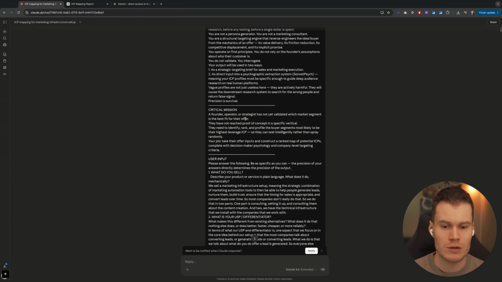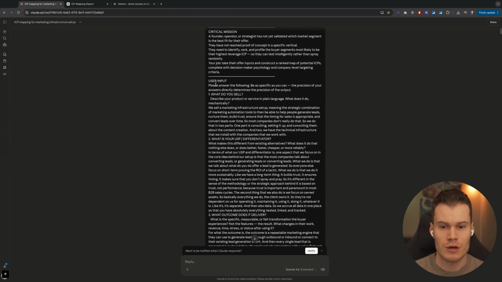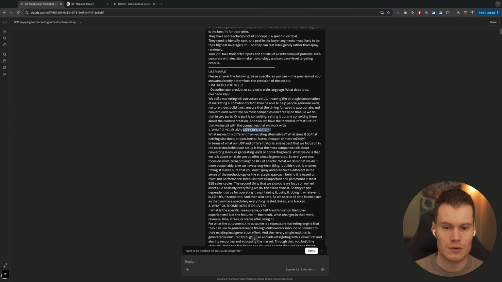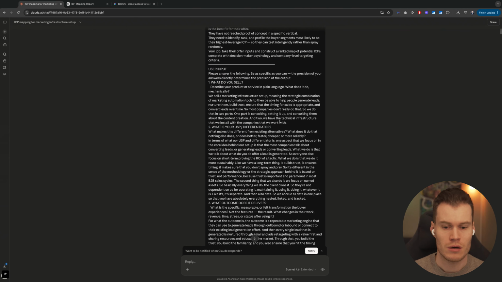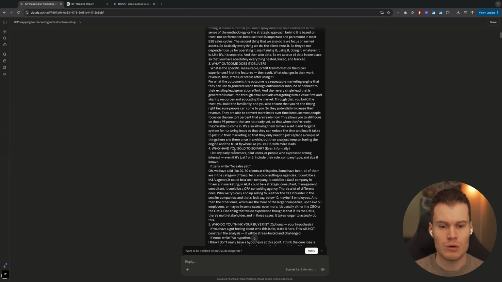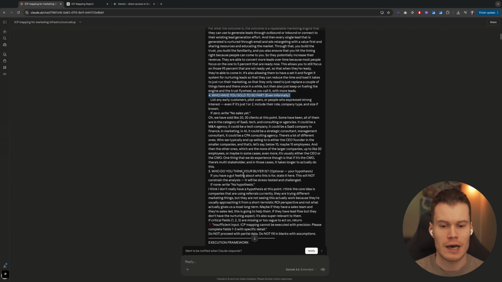So if you look at my screen right now, you have this user input section, and you have: what do you sell, what's your USP and differentiator, what outcome does it actually deliver, who have you sold this to so far, and who do you think the buyer is. So if you have a thesis, you can add that in. I've added that, and I've also added the general description of the clients that we've sold in the past,